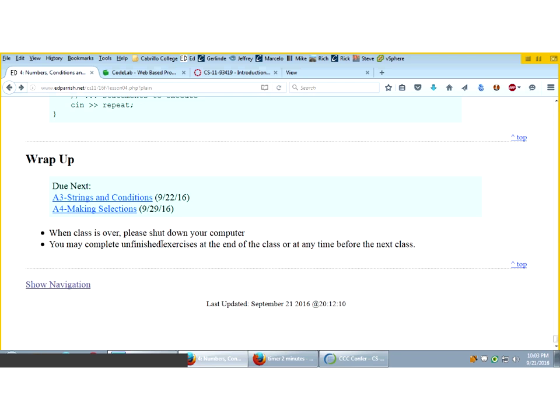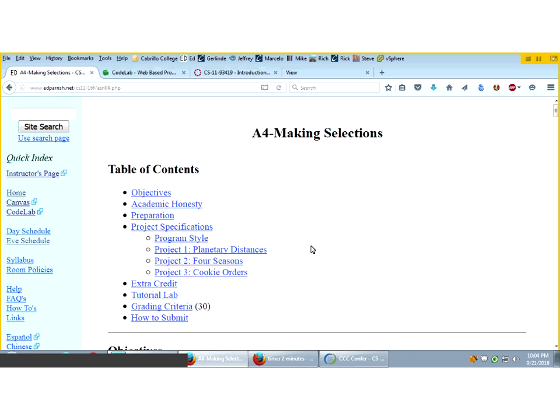Does anybody want to hear about the homework? If you're going to read, just do it quietly. So the homework. There's 3 programs. Just the usual preparation and tutorial labs and all that. There's 3 programs. One is